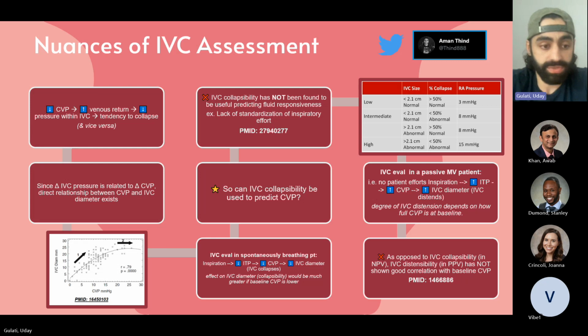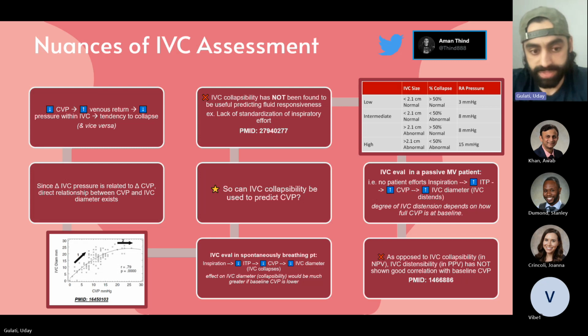As you increase your CVP, you expect more venous return, and you expect that tendency to collapse to go away because there's more pressure, meaning with respiratory variation you won't see that collapse as much. Since we're saying your change in IVC is related to your change in CVP, there might be a direct relationship. But when you actually look at the data,